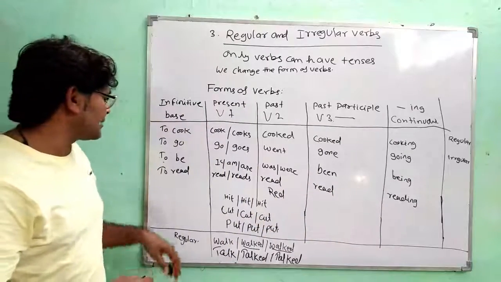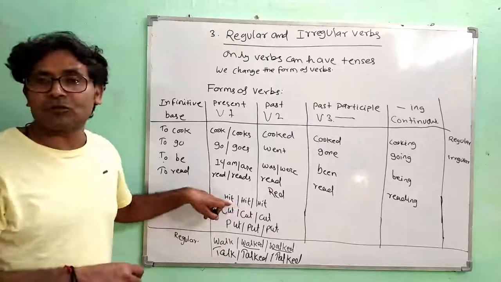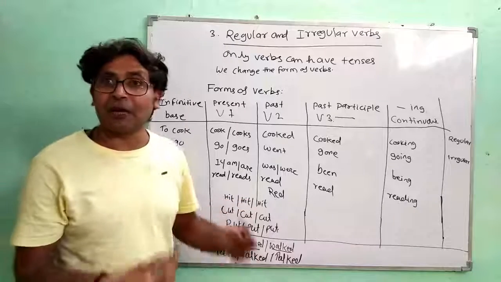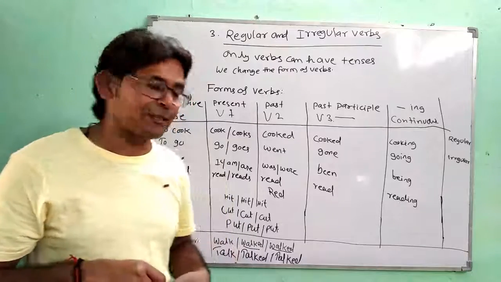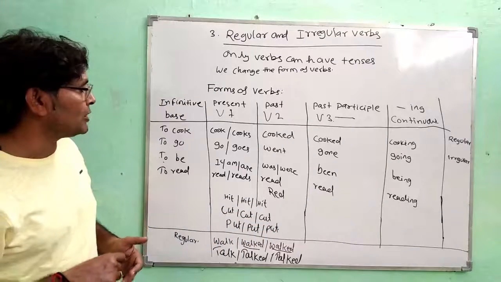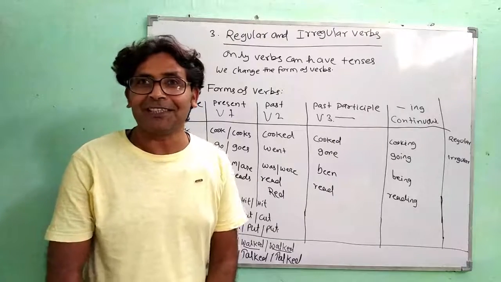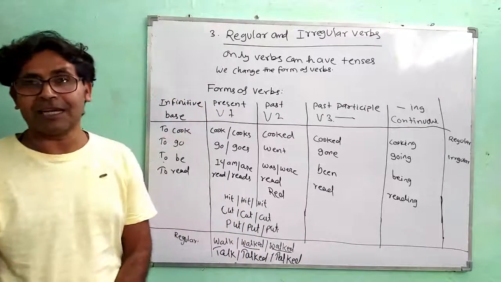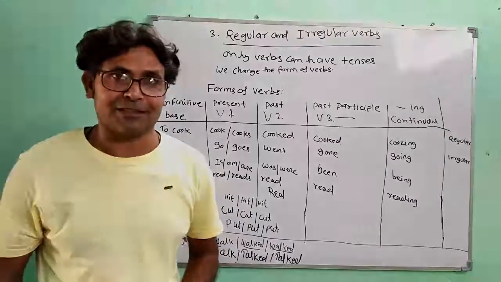And we can take more examples. Hit: this verb does not change in any tense, and it does not change its pronunciation either. Only read is the verb which changes pronunciation in the past and past participle. For example, cut, put. So the problem is, how do we recognize the tense with irregular verbs? If a verb does not change, how do we recognize which tense it is? Well, this is very difficult, and we can only recognize it by practicing regularly or through experience.